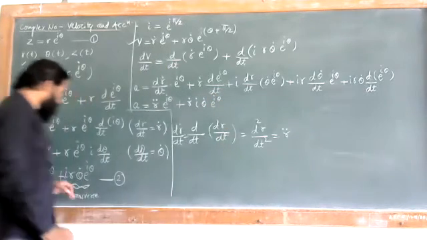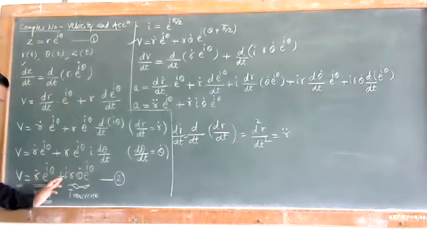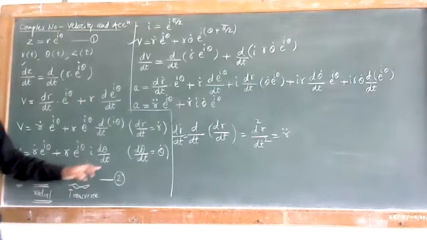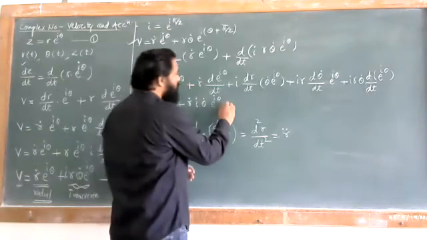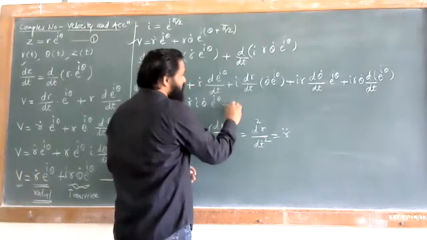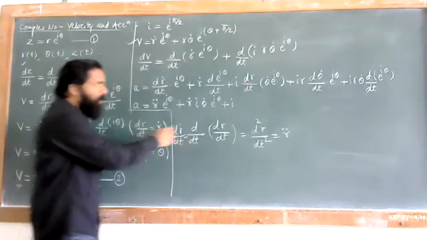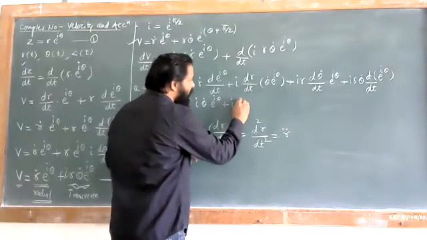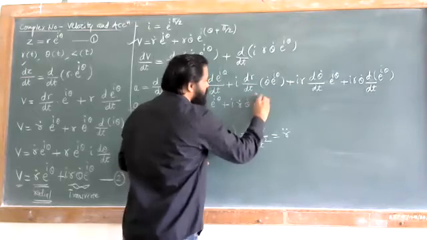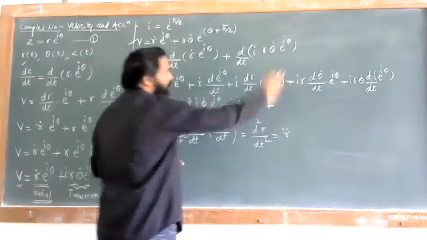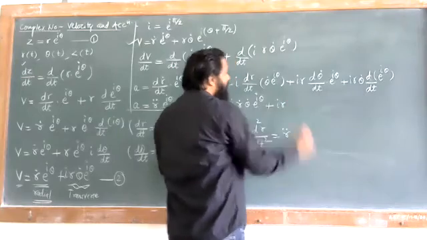Does everyone get it? This is not r, now the r term has come from above. So we can have i theta dot e raised to i theta. What about this? This is nothing but i dr by dt that can be written as r dot. So you can say this is i into r dot into theta dot into e raised to i theta. What about next? We have this is i into r.